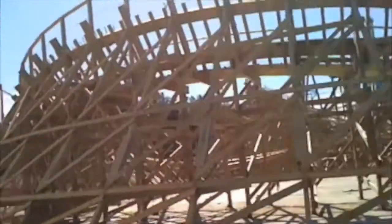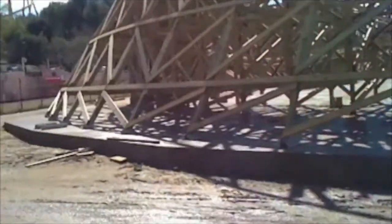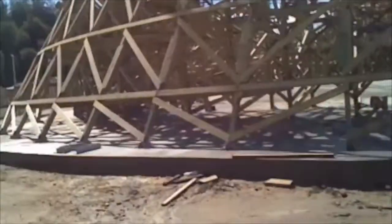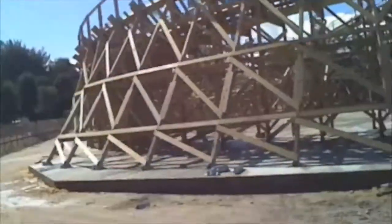Wow, those guys get paid for standing. I got a cheap piece. Hey, there was a piece of wood right there, Krista. There's wood over there. That is the end of